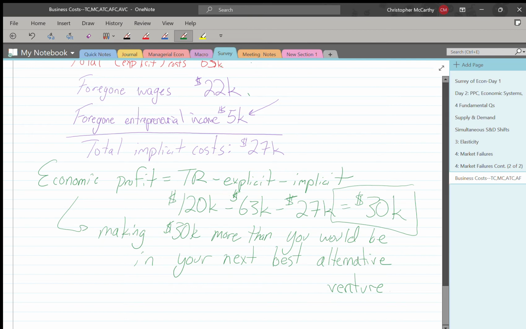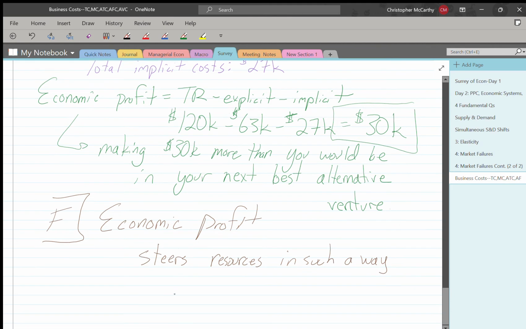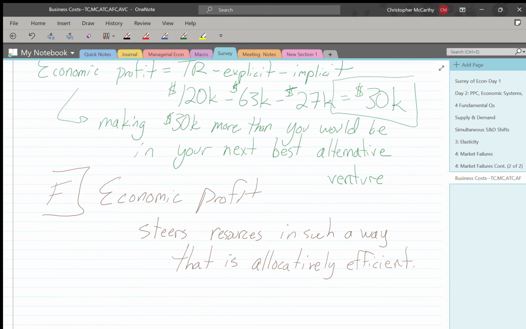So this concept of economic profit is important because the accounting profit can kind of give us a false impression of what's going on, but also in a larger sense, this notion of economic profit steers resources in such a way that is allocatively efficient. Allocatively efficient, a buzzword coming at us a couple chapters later, right? Assuming we're already at productive efficiency, that we are also allocating the resources in such a way that best fits society's needs and wants. So how does it do this? Well,